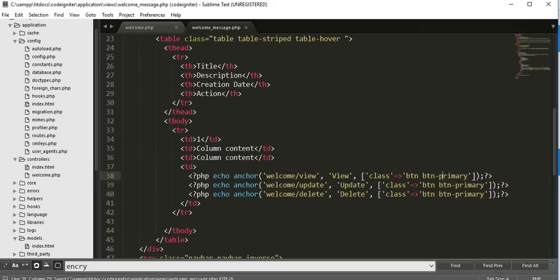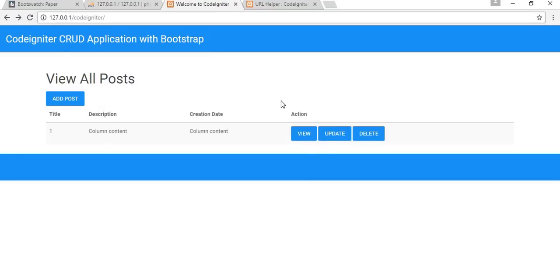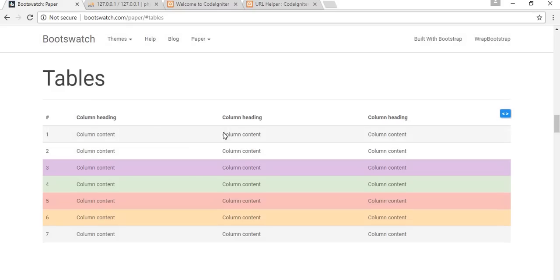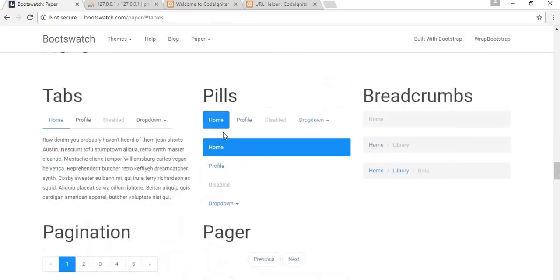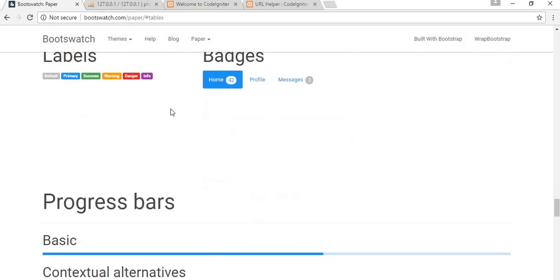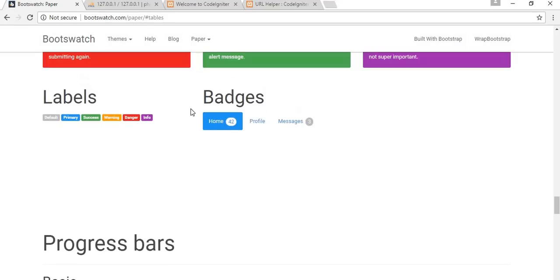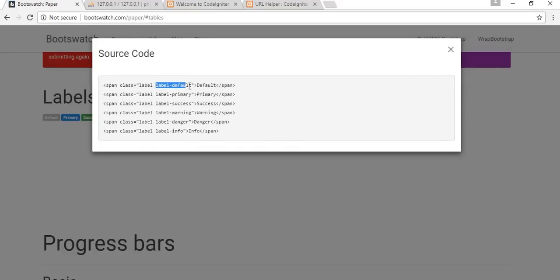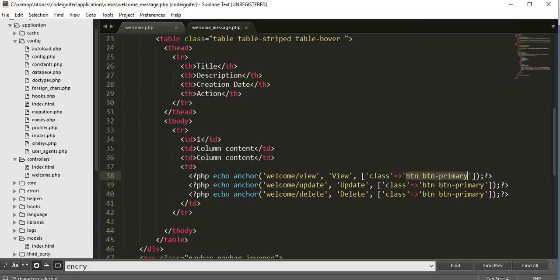Okay, for this I don't want to give these kinds of styles to my links. If I come to my site and refresh, you can see this kind of style is there for my buttons, but I want to change the style of these buttons, so I will go to Bootstrap. I will scroll down further, and okay, here we have this. I'll click on this icon, and I will select this class. Okay, here to paste this,